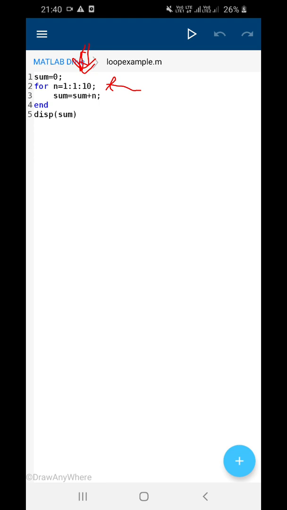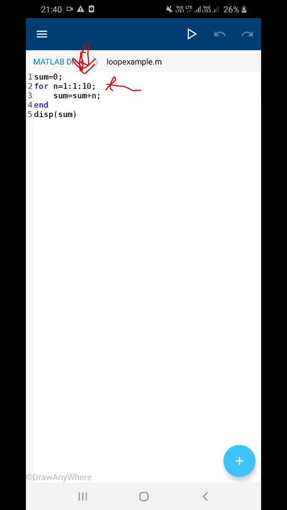So 1 plus 2 plus 3 plus 4 up to plus 10, the answer is displayed over here. So the 55 value that we have got as answer is nothing but the addition of numbers from 1 to 10. Okay, so we did this just by using this for loop.